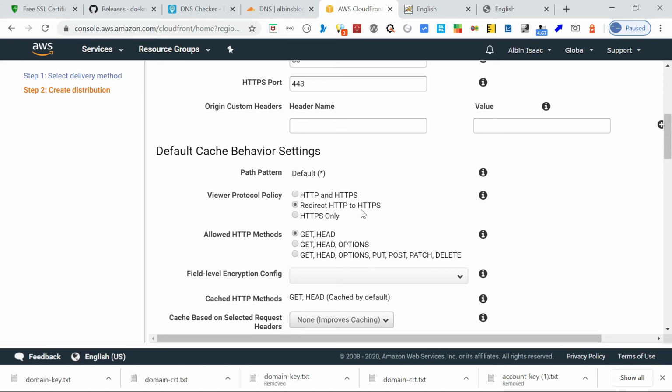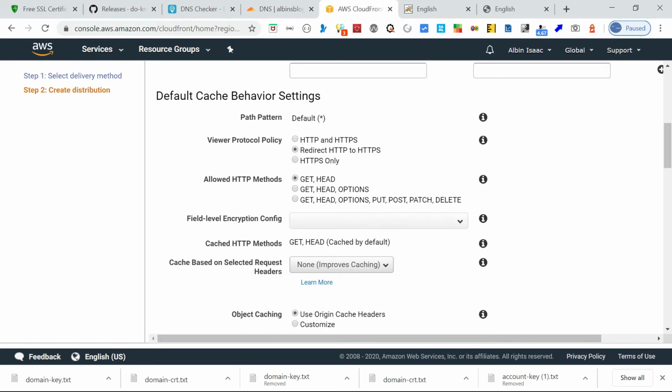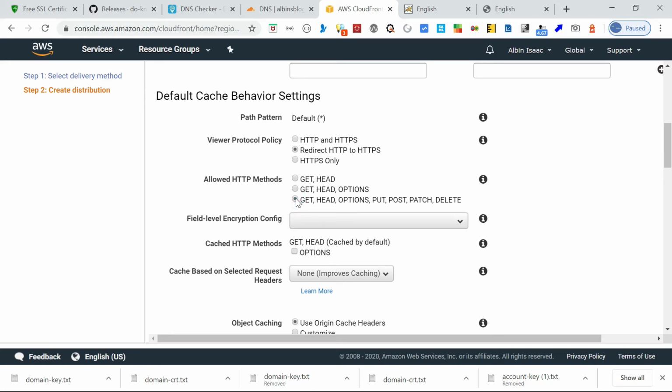Even this redirect can be enabled in the origin. My case is Apache, so we can do the redirect there, but CDN can do that too. Then allowed HTTP methods. For my testing, I'm going with GET. You can enable all these methods also, if required. Then the remaining things look fine.